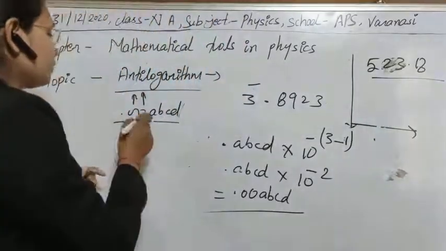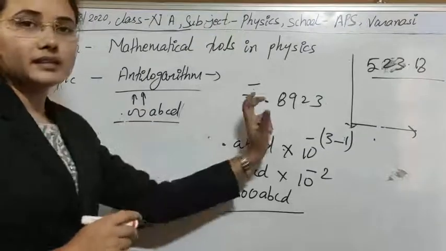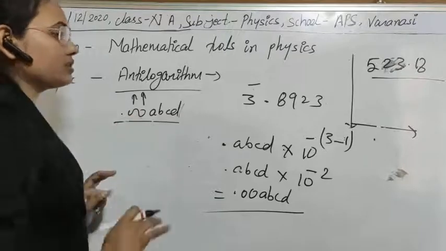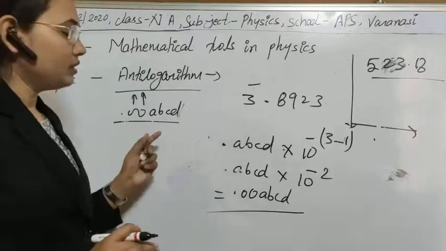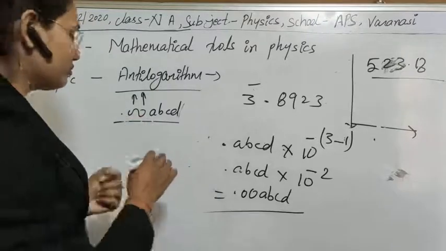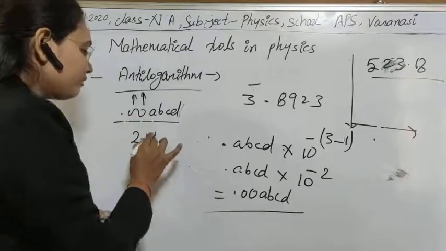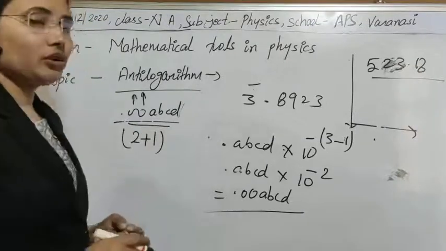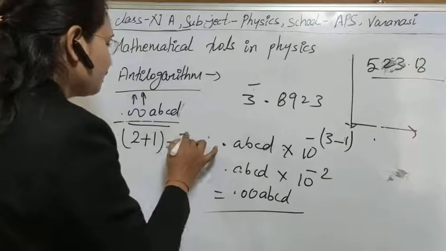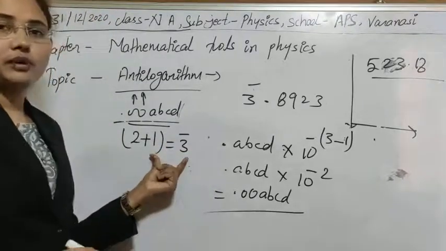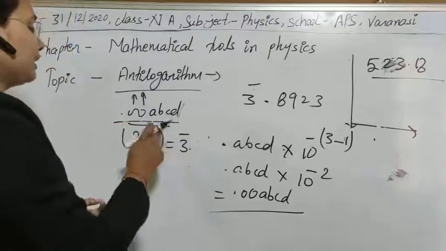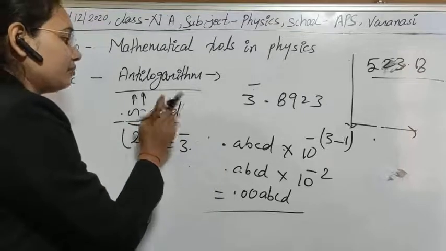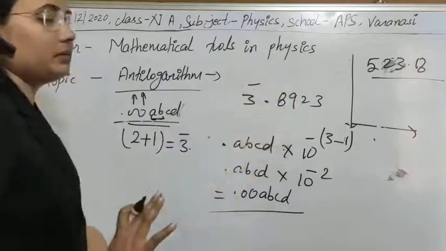So these zeros contribute to calculating characteristics in anti-log also. If you have to calculate anti-log, first of all this 0 is given, and I just told you to count these zeros. Now if you have counted these zeros, this is 2. Now you have to add 1 here for the characteristic calculation, and after adding 1 you have to put a bar on that quantity. So it will be 3 bar. After that just put the decimal here, and now see the log table of A B to C, and after that the mean difference D, put the values here, that will be this value.